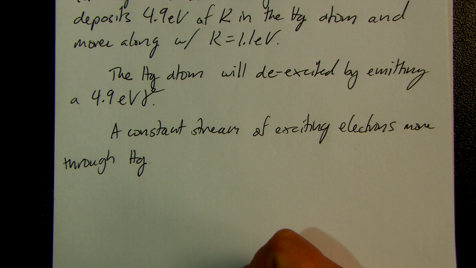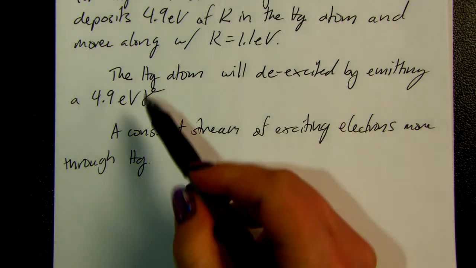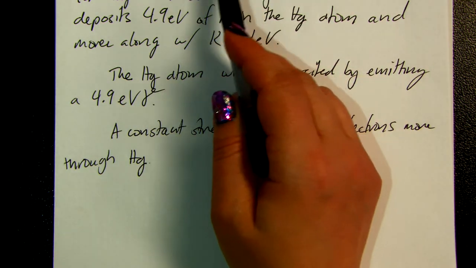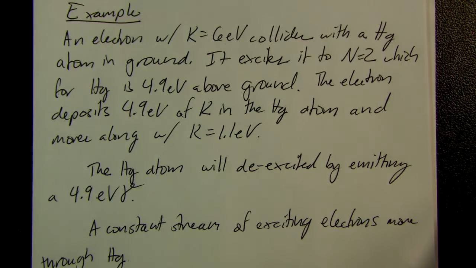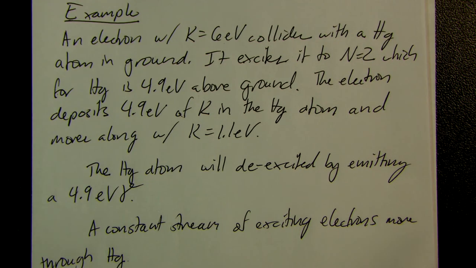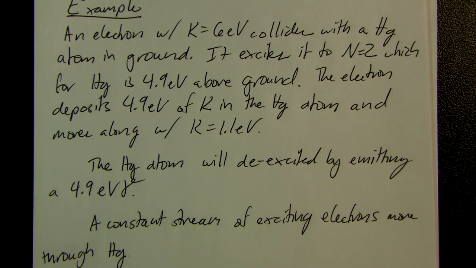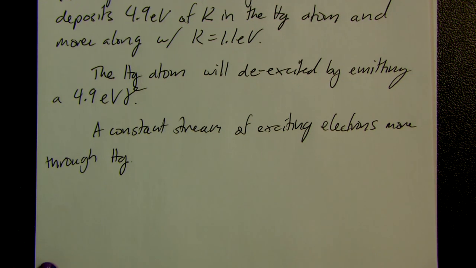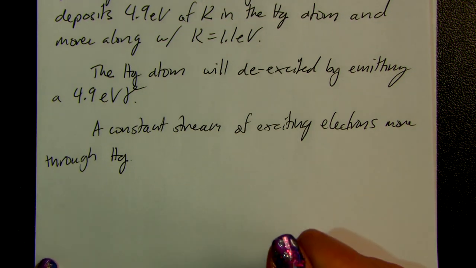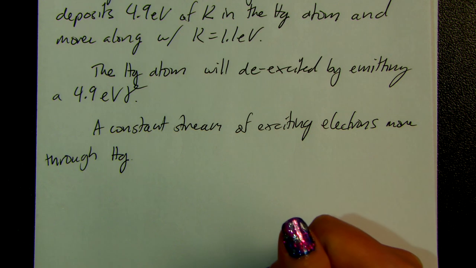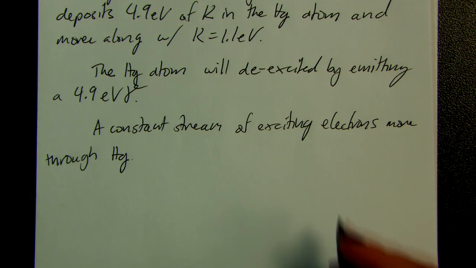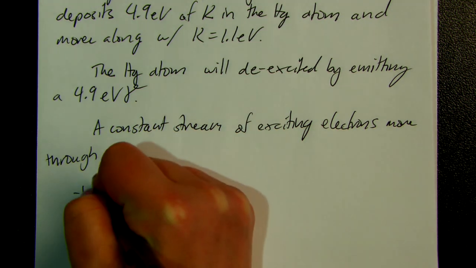Okay, so we had been talking last time about exciting a mercury atom using an electron with a kinetic energy of 6 eV. So it's going to deposit 4.9 eV of its kinetic energy into the mercury atom and move along with 1.1 eV. And if you wanted to keep the mercury excited, you'd need to keep bombarding it with electrons, as atoms want to de-excite, and they're going to do that by releasing a little bit of light. Now, going off of this example, what would happen